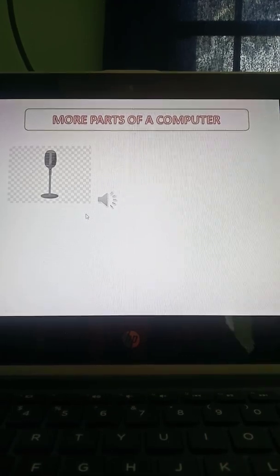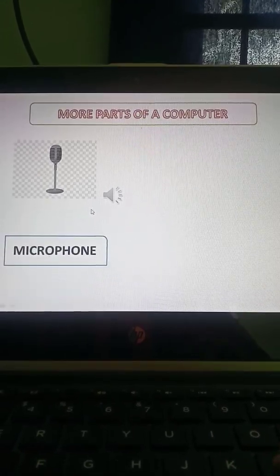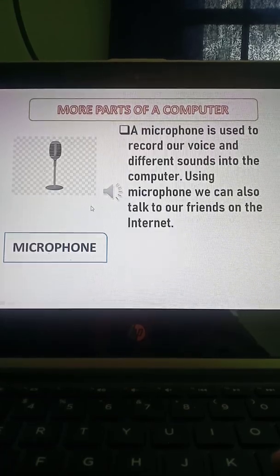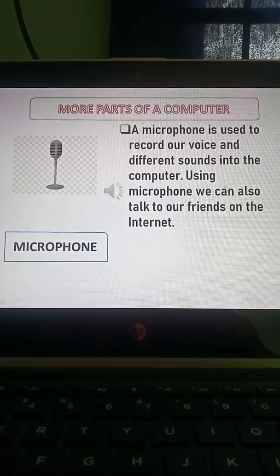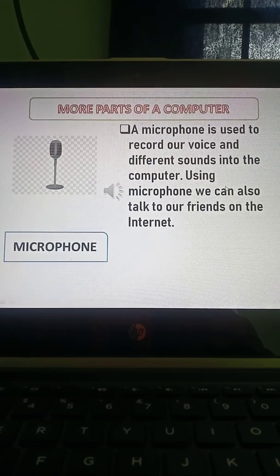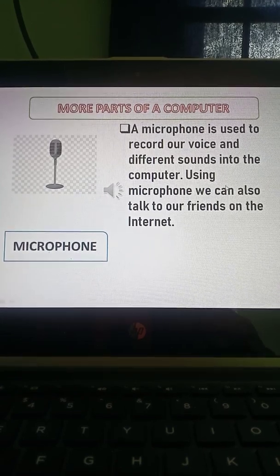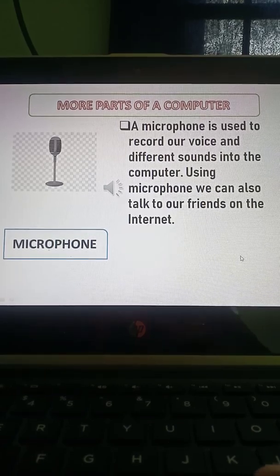Okay children, the next part is the microphone. What is this? Microphone. We use the microphone to record our voice. Whenever we want to record something, we need a device, a part of the computer that we call the microphone.